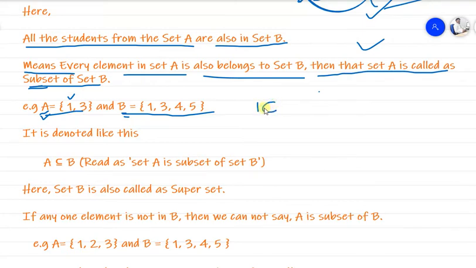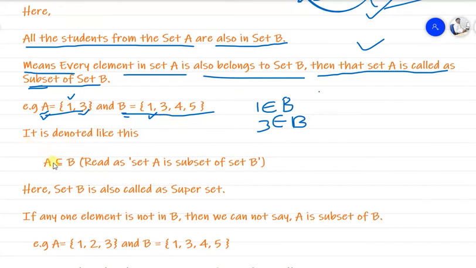This is the belongs-to sign. 1 is an element from set A which also belongs to set B. Now we'll check another: 3 belongs to B. Yes, 3 also belongs to set B. Are you getting my point? So each and every element of set A belongs to set B. It means that A is a subset of B.